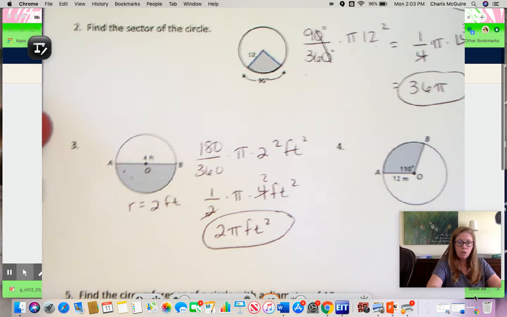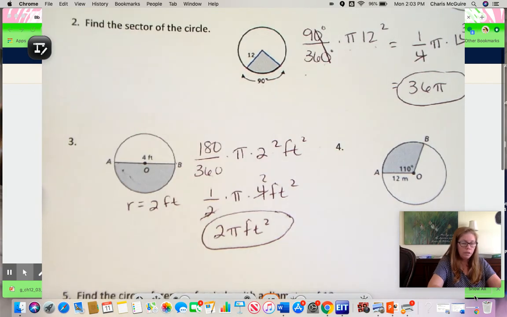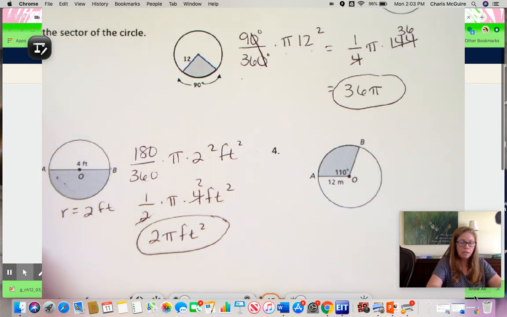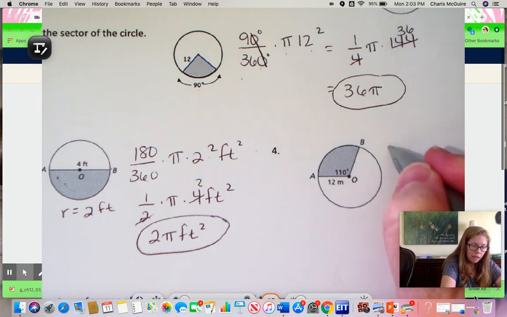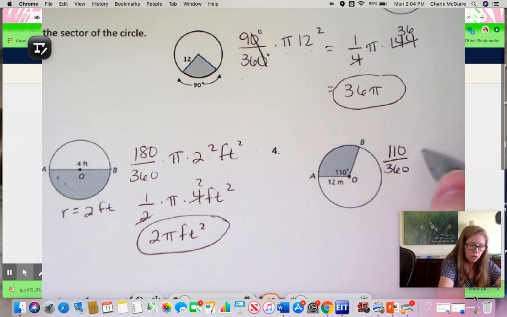All right, I want you to try number 4 on your own. We're looking at this sector that's 110 degrees. Leave it in terms of pi, please. All right, so hopefully you got 44 pi meters squared. So for this one, we're doing 110 over 360, our total degree measure, times pi, and this is 12 meters